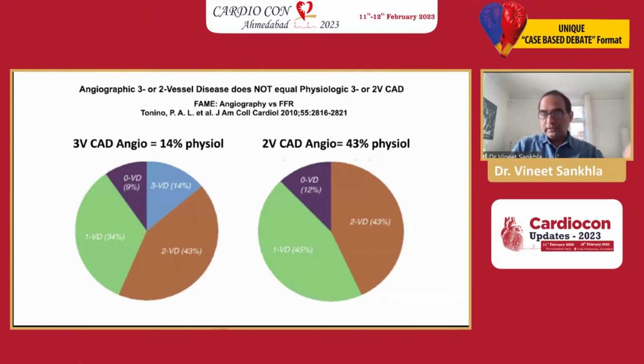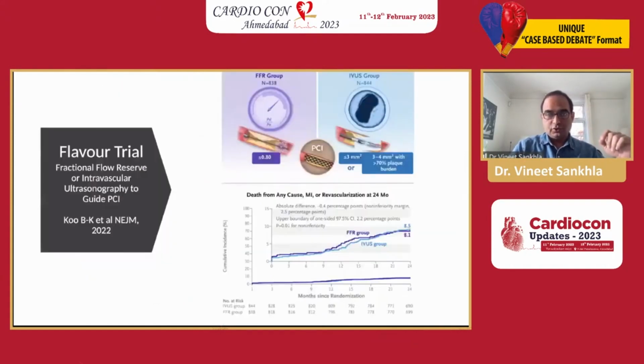So if we use physiology in all patients randomly, and in those who have multivessel disease, at least 30 to 40% of the management will change, which means they may or may not require intervention in those particular vessels that were judged significant or non-significant on coronary angiography. So this was about all the trials, and recently a very large, very famous trial came, called the FLAVOR